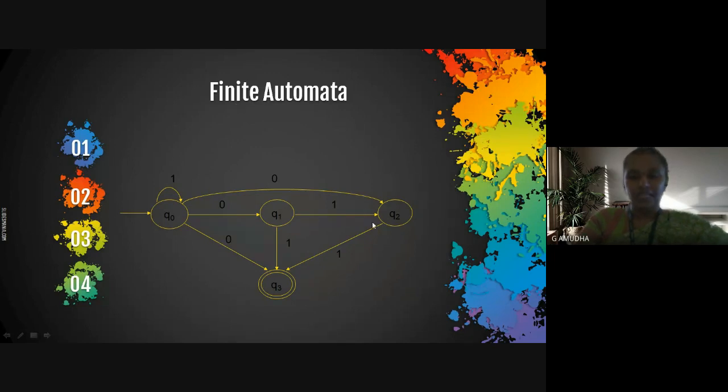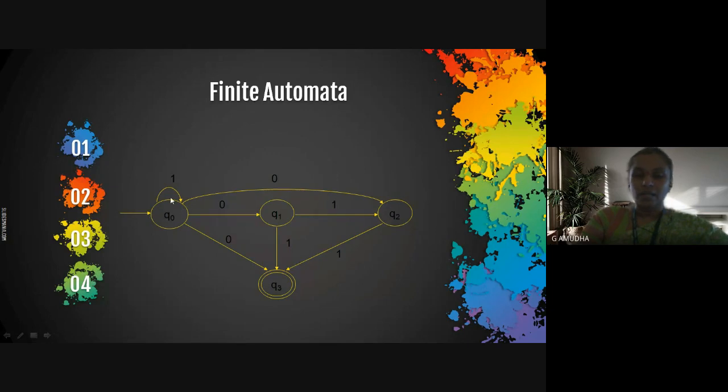Here, if you see, this is an automata which is accepting the binary alphabet. It is an automata which is going to accept binary alphabet, and whichever string is going to be accepted by this automata is going to be a collection of binary alphabets. Whenever you draw this finite automata, you have to represent the states as circles, and the start state will be indicated by the start arrow mark.